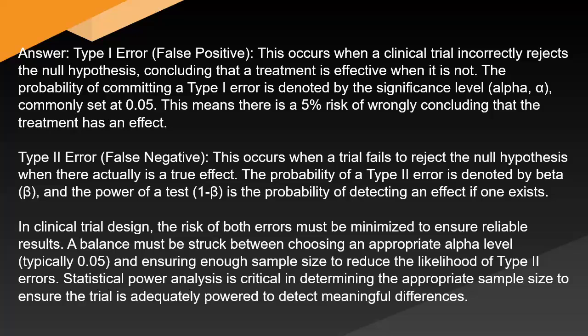In clinical trial design, the risk of both errors must be minimized to ensure reliable results. A balance must be struck between choosing an appropriate alpha level, typically 0.05, and ensuring enough sample size to reduce the likelihood of Type II errors. Statistical power analysis is critical in determining the appropriate sample size to ensure the trial is adequately powered to detect